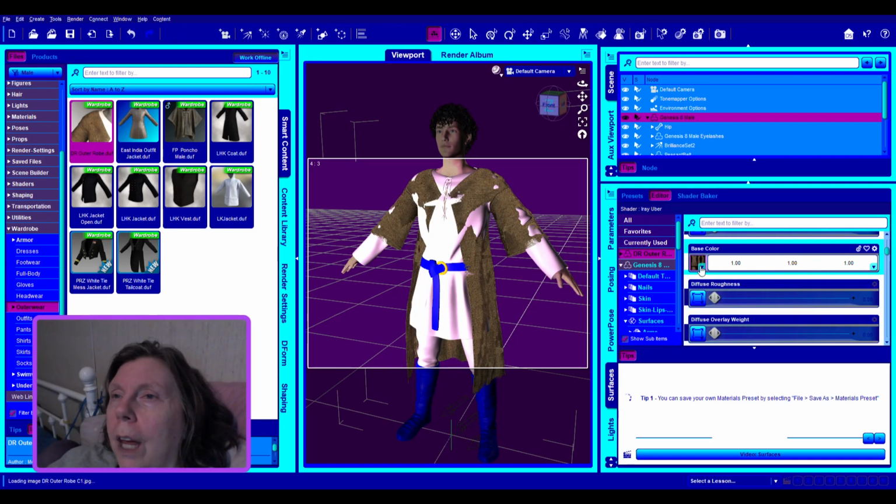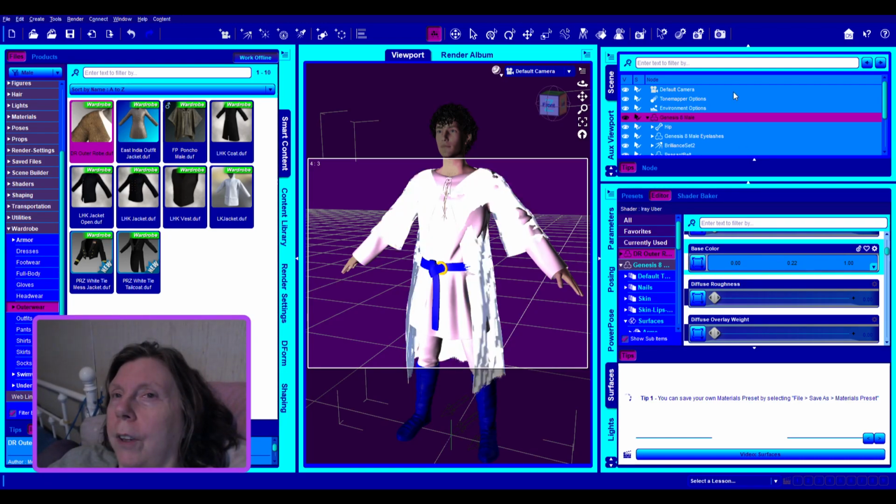So I'm going to take this texture off, or maybe just, well, it doesn't look that bad. But what I want to do is color it that shade, and it's not having an effect because that texture is brown. So I'm going to get rid of the texture. I'm going to say none, and now